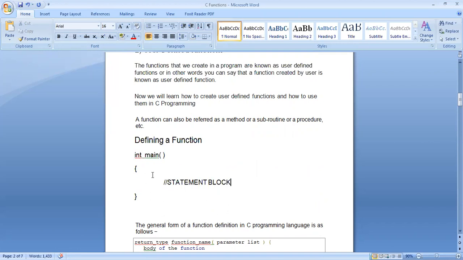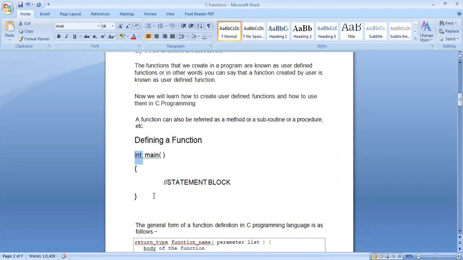So this is how we write user defined functions also, or library functions also. They look the same. All functions, be it a user defined function, be it the main function which is default, or the library functions that we're talking about, they are written in the same manner. First, we will have the return type. Return type means what will this function return.